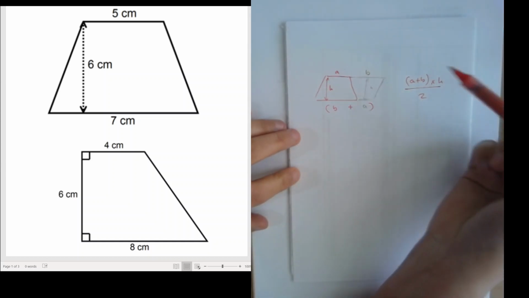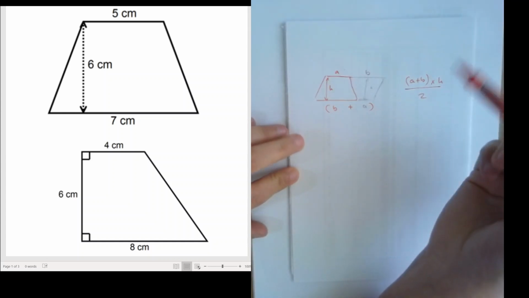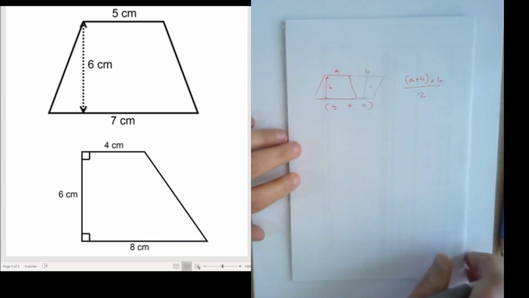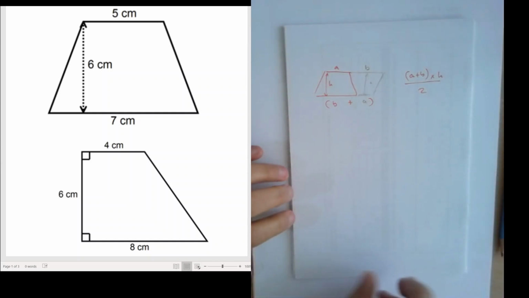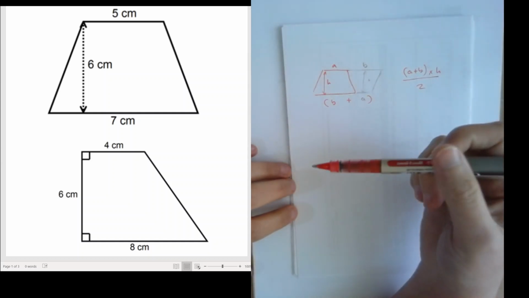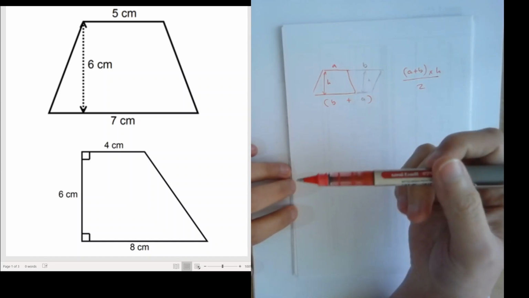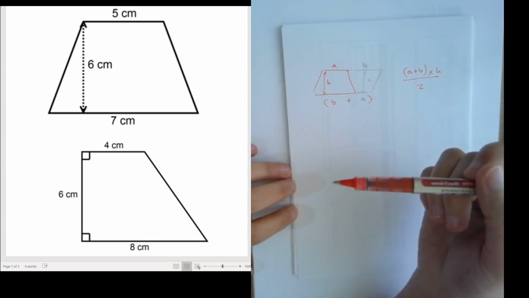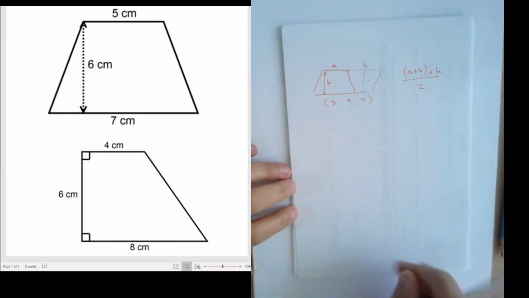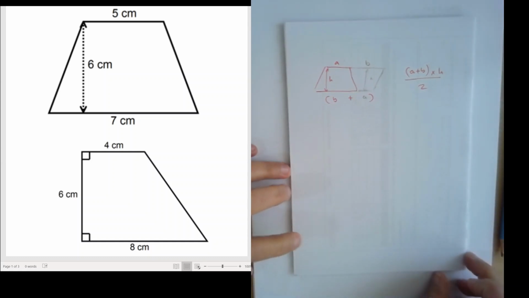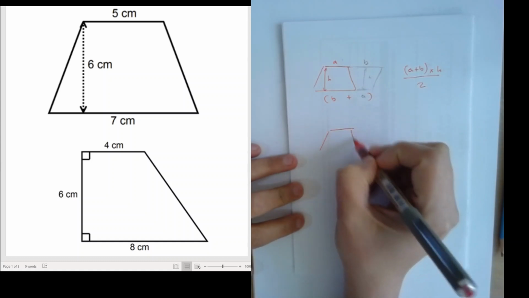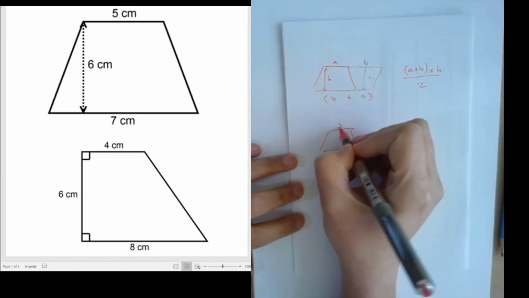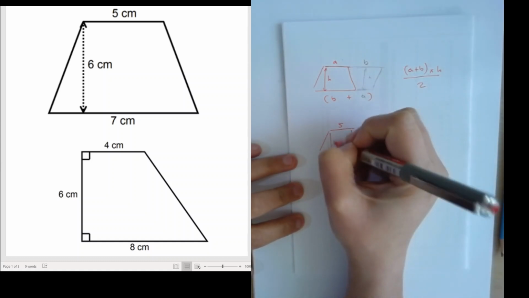We are going to run through a few examples. So I have a feeling some of you, we weren't able to run through the examples, so you may not have picked up the practice on how to do it. So can you please ensure, even though this one is a right angle trapezium, I still want you to try the trapezium rule. So can you just make sure for all the examples that we do, you do actually look at the trapezium rule? Okay, so just looking at the first one, this is 5, this is 7,